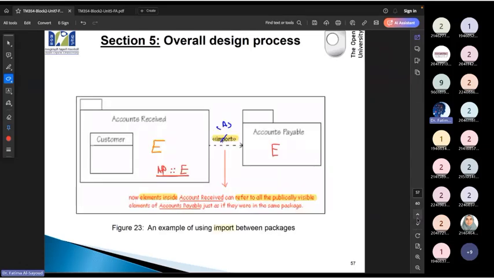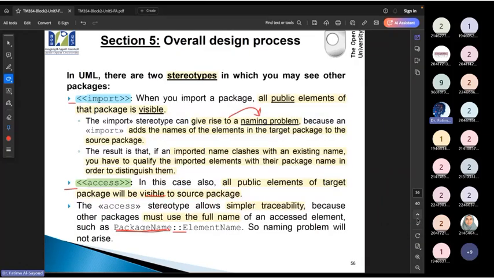So any questions before we move to different layers? Any question about import and access? This is a very, very important concept in packages. To remember them: import is like borrowing from a person without taking a label from them. So when you have the same thing, you'll have a naming problem. Access, you're going to use it, but it has a label on it. So it is going to distinguish between whatever you have and whatever you get from others.